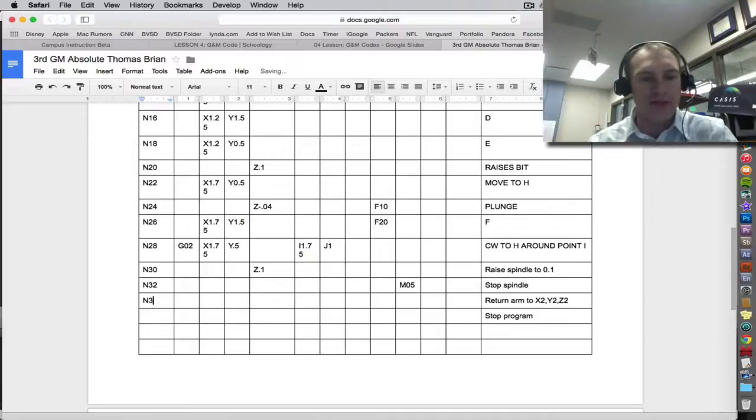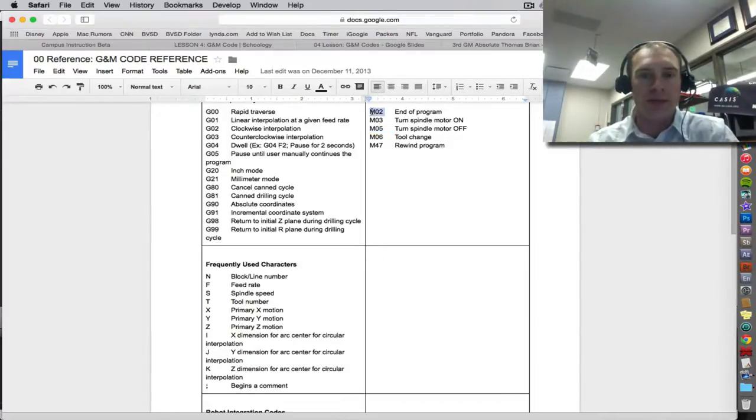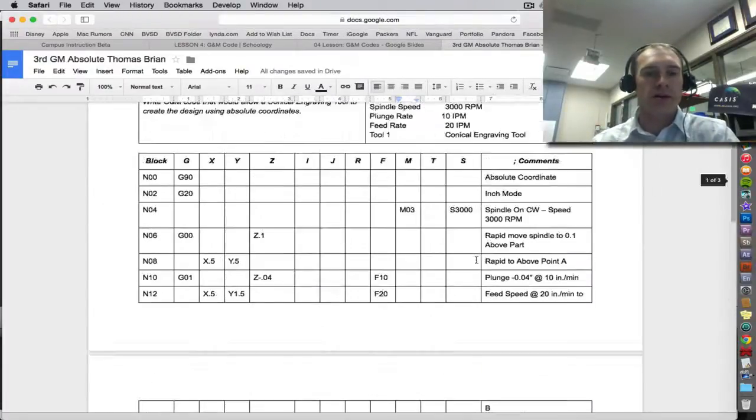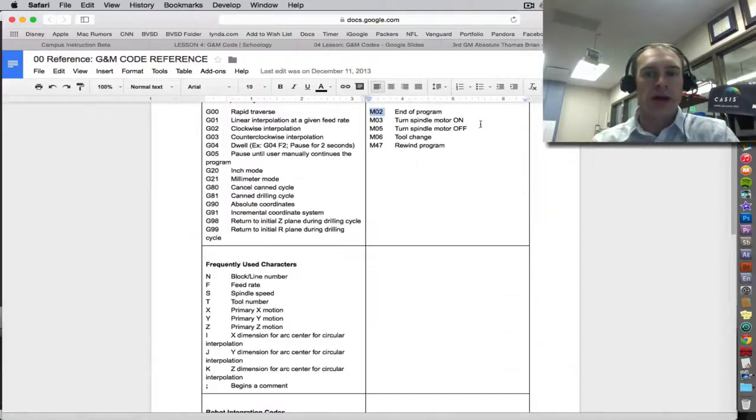So I have an N34, and I'm going to say rapid, because I can do that quickly because the spindle is off. I'm up above the part. So I can G00 rapid, X2, Y2, Z2. And then the last thing is an N36. I stop the program. So which one kills the program? M02. So this code right here, completely written out, would mill out